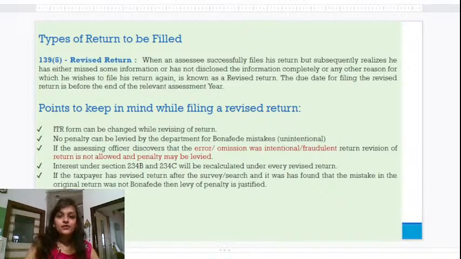the taxpayer. So if you have forgotten to include any kind of source of income, or you have unintentionally made any mistake while filing your original return before the due date, then you can revise your return within the specified time limit under section 139(5). And it is always said that the revised return steps into the shoes of the original return and your revised return will be assumed as your final return. Your original return then will not be holding any importance. This is all about the revised return concept.